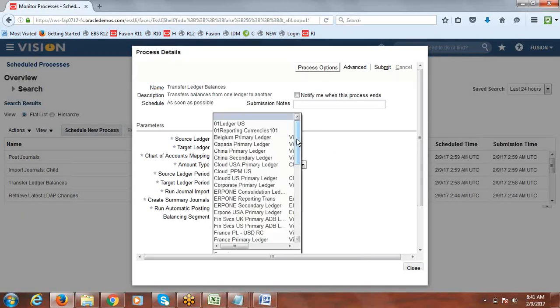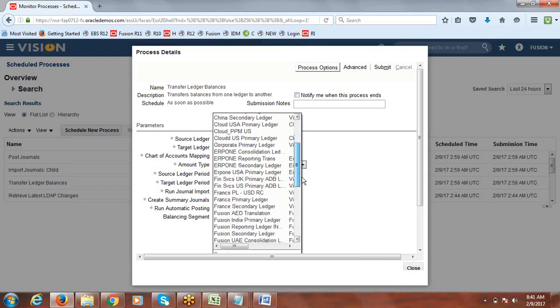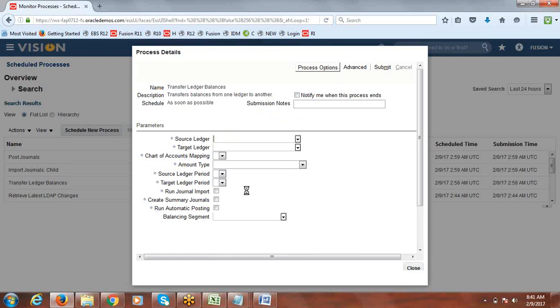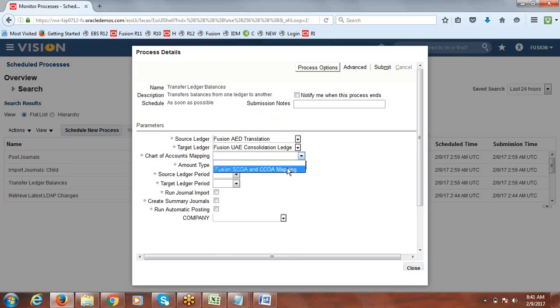Our source ledger is Fusion AED translation. Target ledger. Select mapping set. Amount type say PTD. Source from Feb, and enable submit.